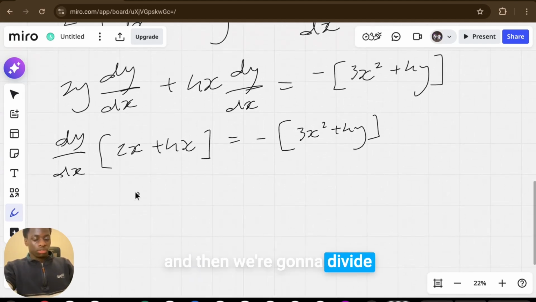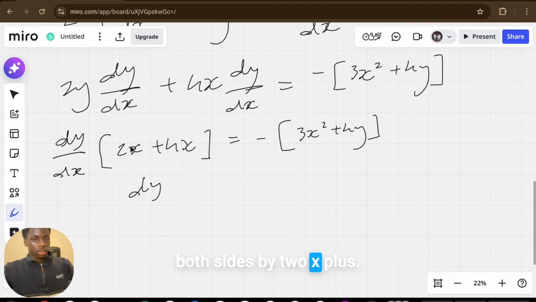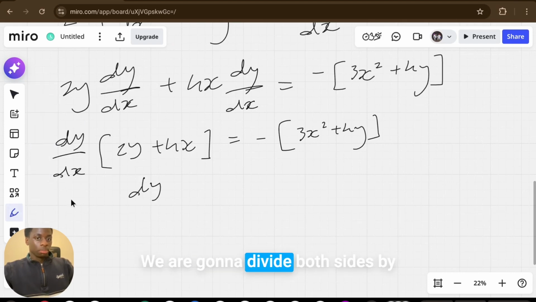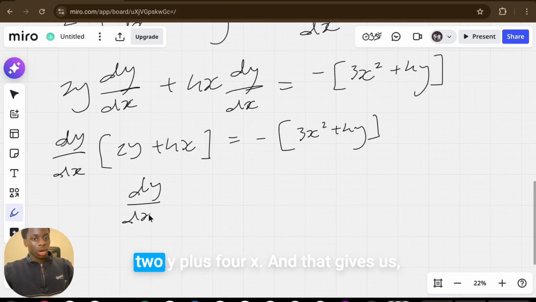And then we're going to divide both sides by 2x plus, oh sorry, there should be a y here. We're going to divide both sides by 2y plus 4x. And that gives us